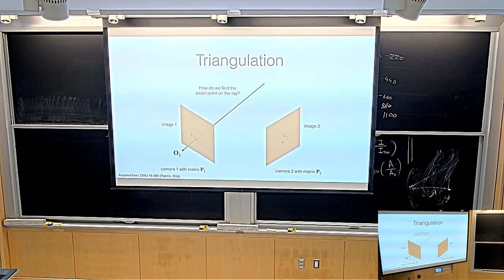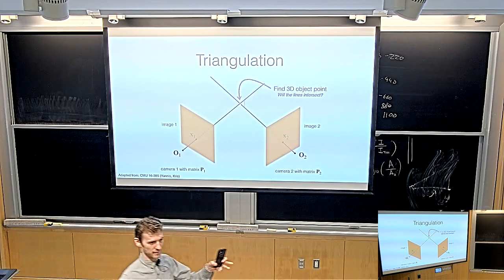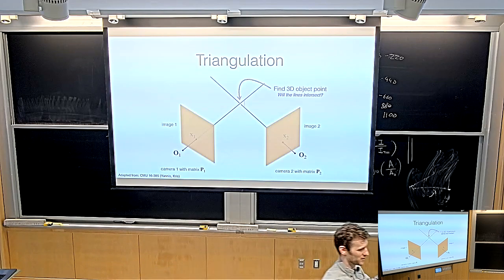Now, how do we find the exact point on the ray? Well, we're going to build the same line from the other ray. Clearly the two lines should intersect at the correct 3D coordinate, and that is how you would find the 3D coordinate. It is hence called triangulation because it's forming a triangle. The problem is that the lines usually do not exactly intersect. Let's say there's a little bit of noise in your camera. Any tiny amount of noise, could be discretization noise, will lead to these lines not perfectly intersecting. And if the two lines don't intersect, then what would we do to find the 3D coordinate? We would have to solve a little optimization problem.